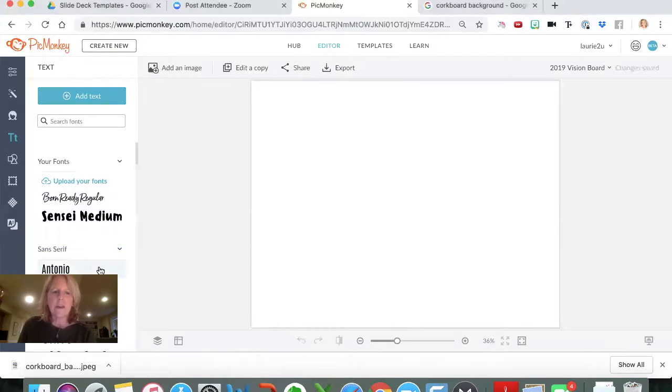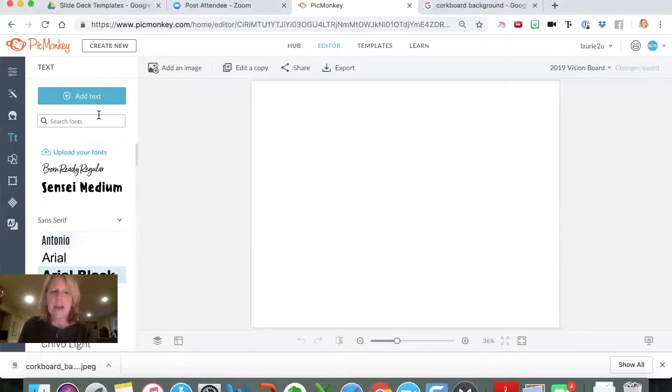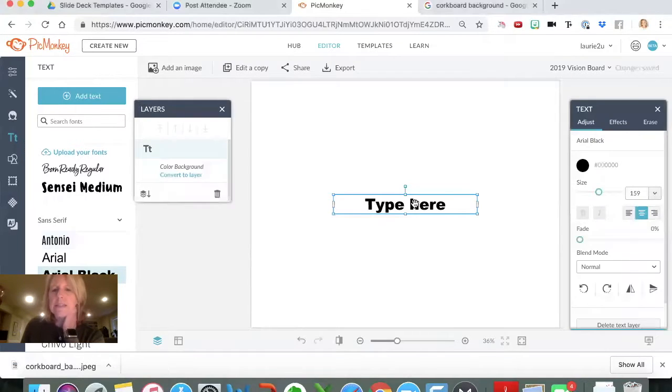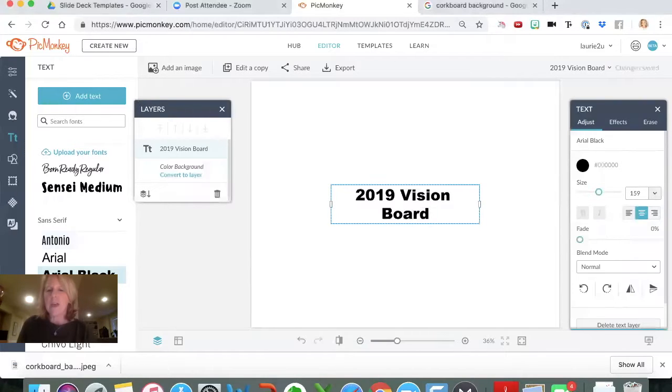And then, something that stands out maybe, and then you say add text. I clicked up here, add text, and then you just type in here what you want. You just put your cursor over here and type in 2019 vision board. Okay. So that was as easy as click on the font you want, click add text, and then this little